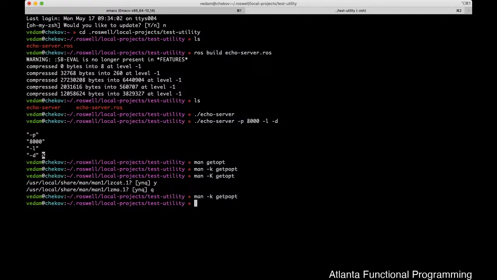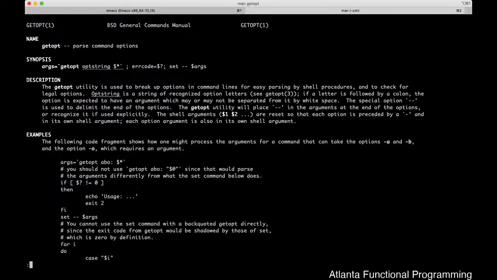But to get back to what getopt is doing, this is the shell version, and I know that there is a version similar to this in the Unix C library, at least on Linux as well, and maybe even BSD, where you can pass in an option and it will provide it. I think that might be a third-party library, but I'm not entirely sure off the top of my head right now. But this utility, what it does is